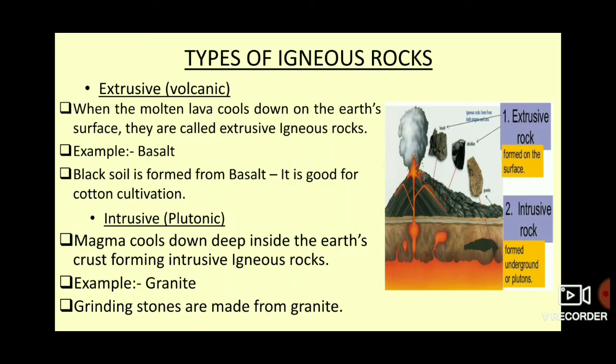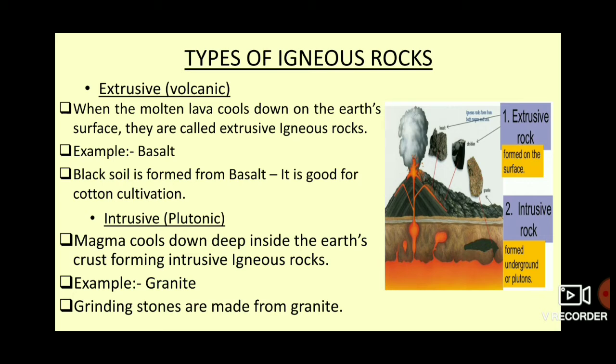One is extrusive igneous rocks. Second is intrusive igneous rocks. First, intrusive igneous rocks. The rocks that cool below the surface of the earth are called intrusive igneous rocks. The rate of cooling is slow inside the earth. Thus, the crystals formed on cooling are large. For example, granite and dolerite.